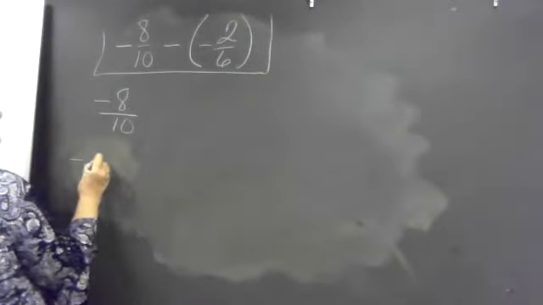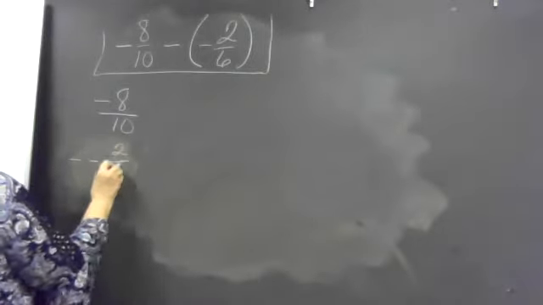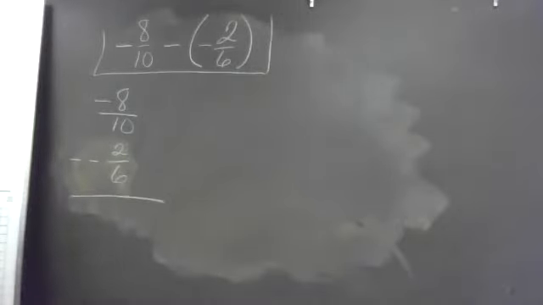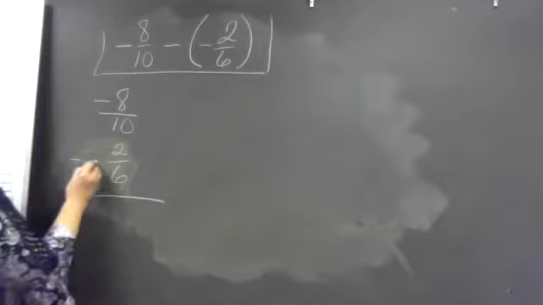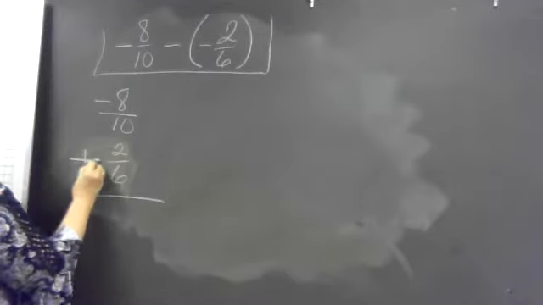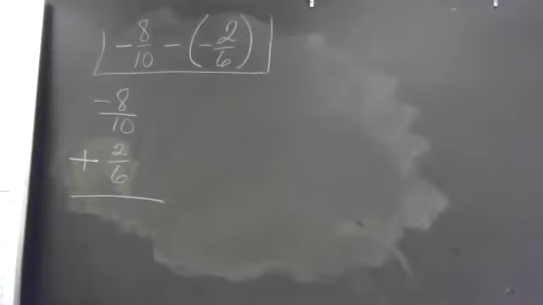Minus a negative 2/6. This is what we want. Now, before you even try to find common denominators, let's take care of the sign. Just get it out of the way, okay? We have 2 negatives right here next to each other, and that makes a positive. So immediately, go ahead and take care of that. That's an easy fix. Okay, and then after we do that, we look at the denominators, and they're not the